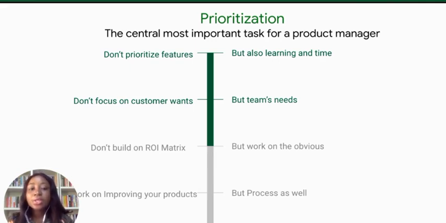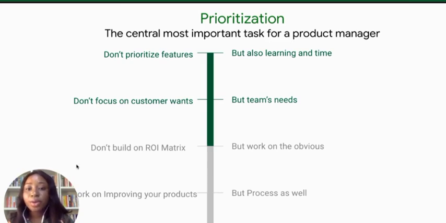And that is where your sprint retrospective and sprint review comes in. After every sprint, after every launch, after every successful product that you've shipped out there for your users to use, make sure that you try to review the process, try to go back in retrospect, just ask questions. What can we do better? What are the things that we didn't do well? All those questions actually help you when next you are planning for the next sprint. Because for the next sprint, you also have to prioritize your features. So asking those questions and trying to improve on the process as well would also go a long way.